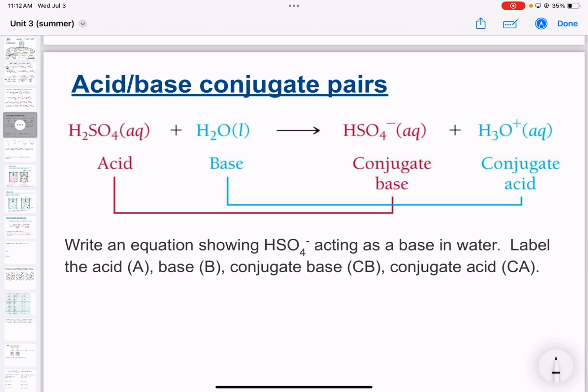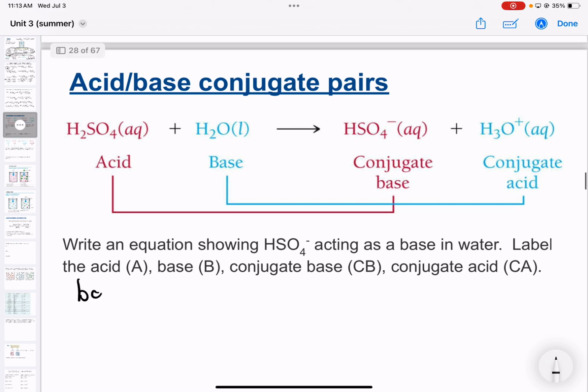The reason why we call this thing the conjugate base is because if the reaction went the reverse direction, which can happen because we know equilibrium exists, that thing will be acting as a base. If we define a base as